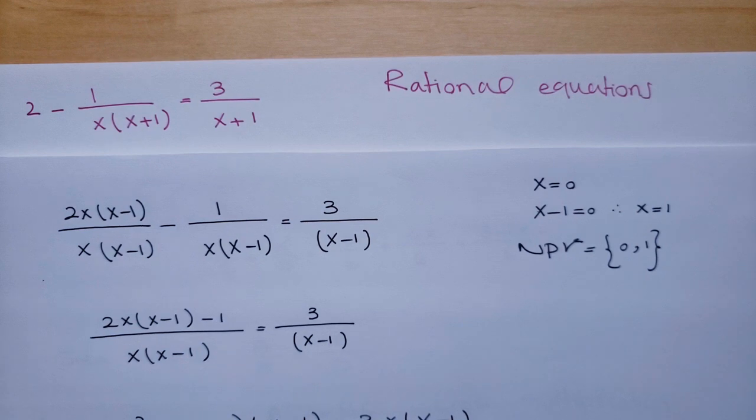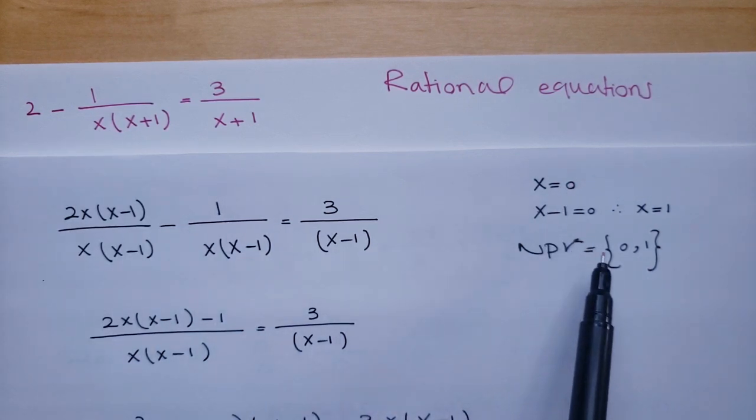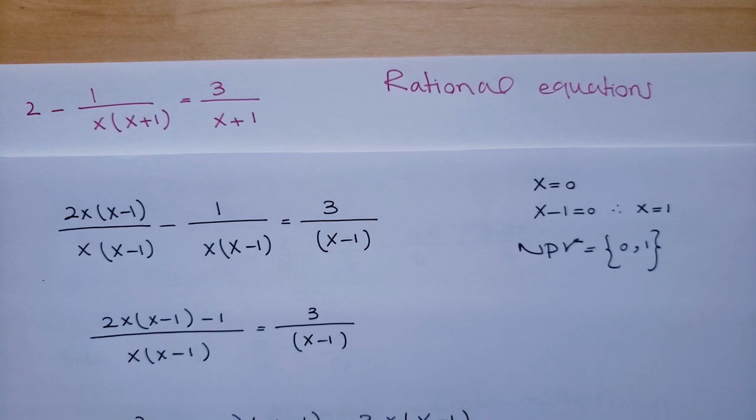Now let's continue this video with the last example, which is another rational equation. Here you have to first identify the NPV values. So the NPVs are either 0 or 1. Please, again, as I mentioned, pause the video, solve it on your own, resume the video and check back your answer. So here